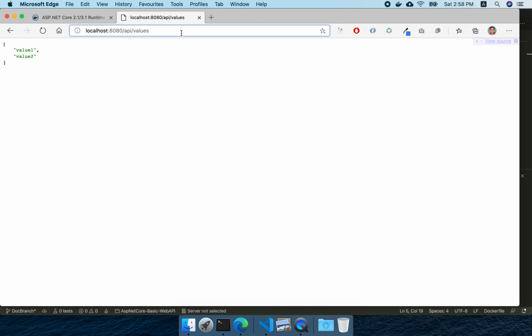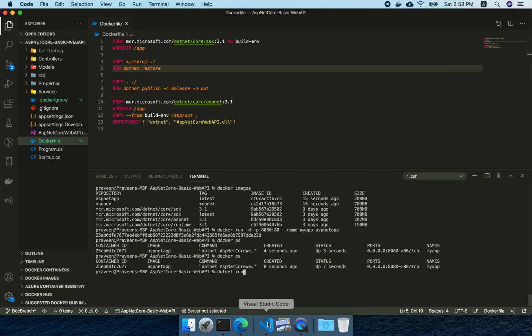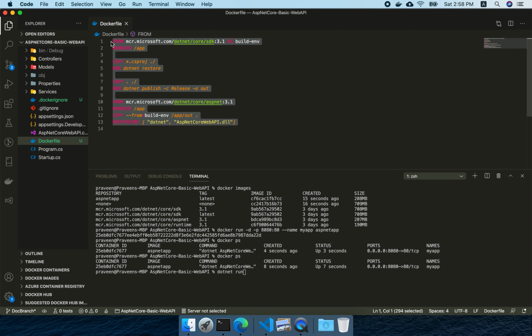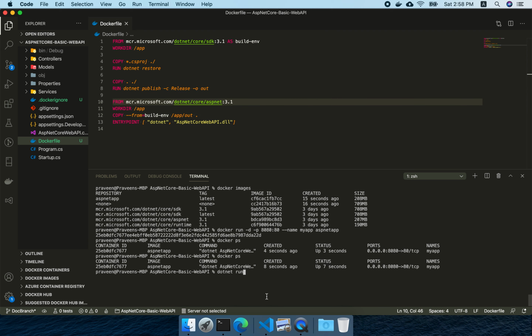The other thing is, so far what we did is run a few commands. Even though we have the file, we had to execute two commands. One is docker run, where we give the port expose and the name and all. The other one is docker build. It means we had to execute two steps.